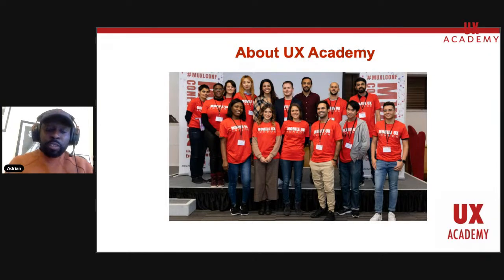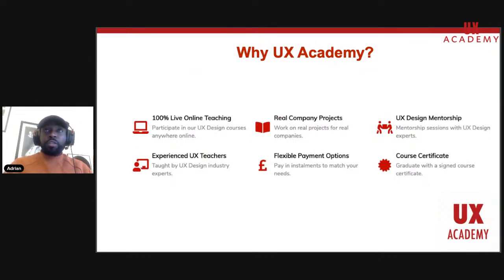UX Academy was established on the back of Mobile UX London, which is a best in practice UX design, UI design, and product development events company, which is based in London, which has been running for a number of years now. During the time that Mobile UX London was running, there was a demand in the tech community, in the UX development product community for upskilling, for training in UX design. And as a result, the birth of UX Academy came about. So you can see in the picture some of our team members from the past Mobile UX London conference.